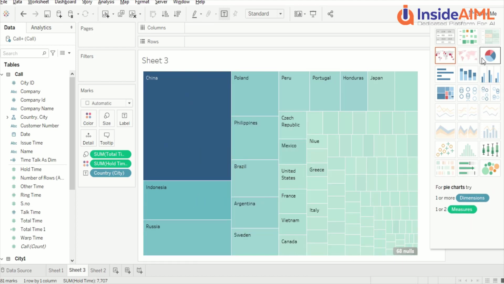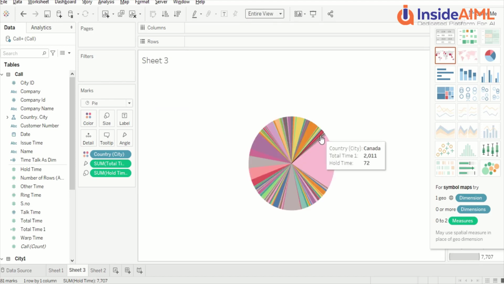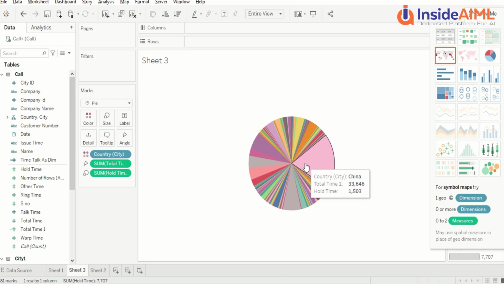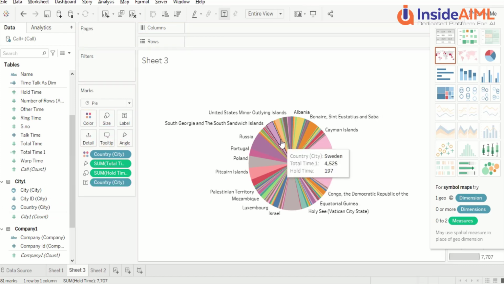Let's look at the pie first of all and understand that. So this is your pie visual. A pie usually shows which one is bigger and which one is smaller. If you are not able to see the entire view, then you will actually be able to look into the bigger pie. And then you can go ahead and add labels. So let's say here I want to see country, so I can add the country as a label.